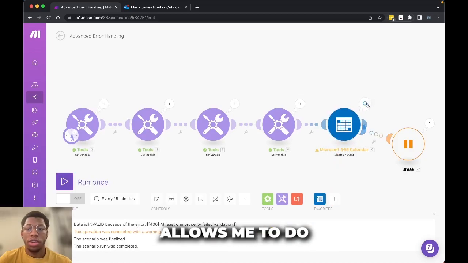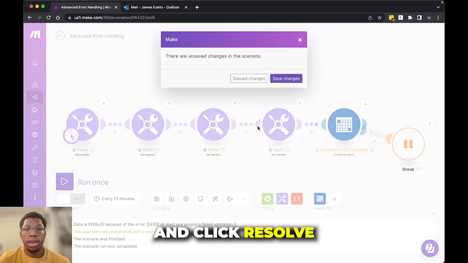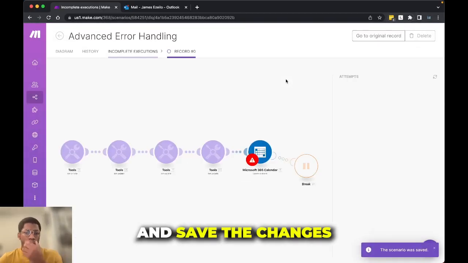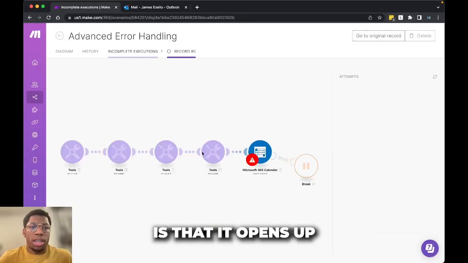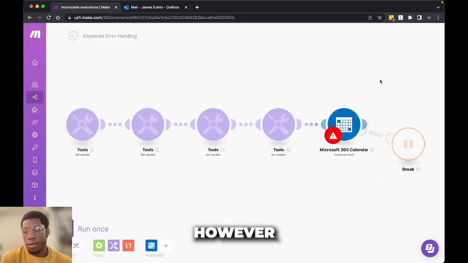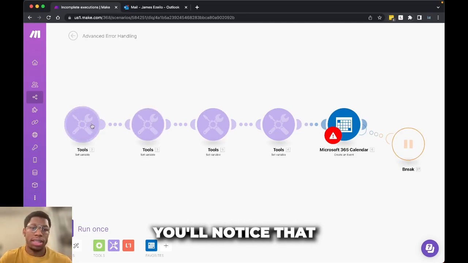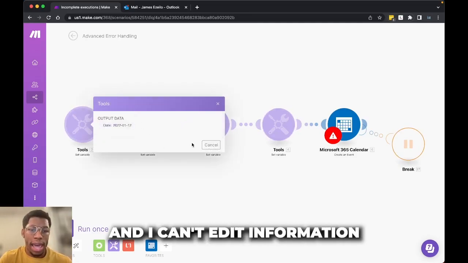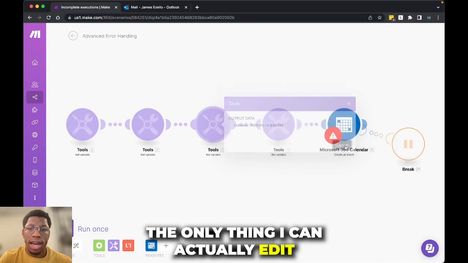Because what this allows me to do, once I click this yellow icon and click resolve and save the changes to my scenario, is that it opens up an entirely different version of my scenario. However, it's not the same. You'll notice that there are some things that are grayed out and I can't edit information. The only thing I can actually edit